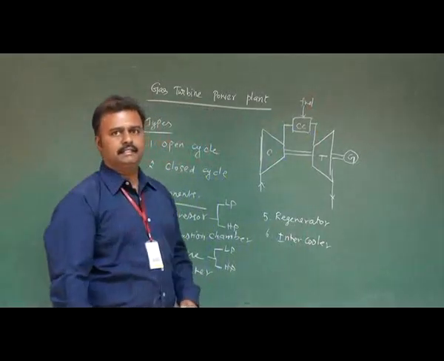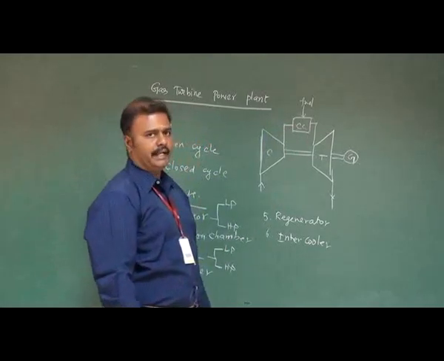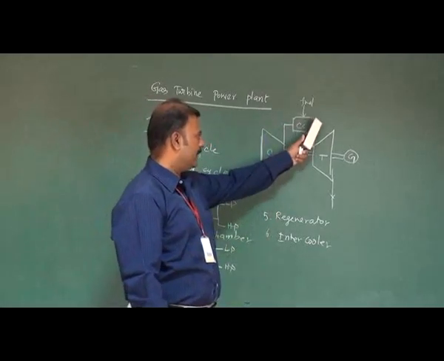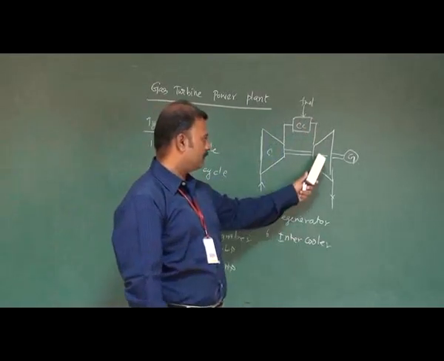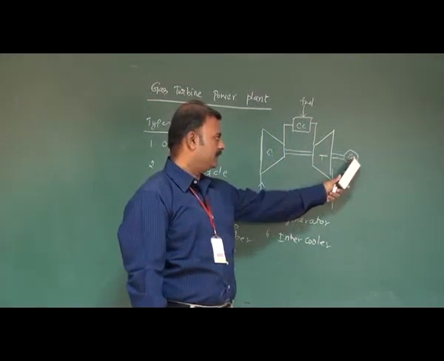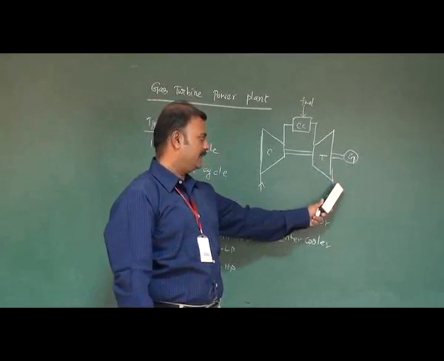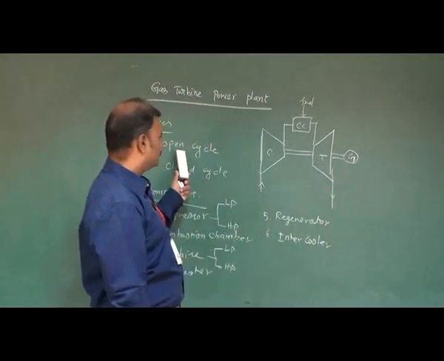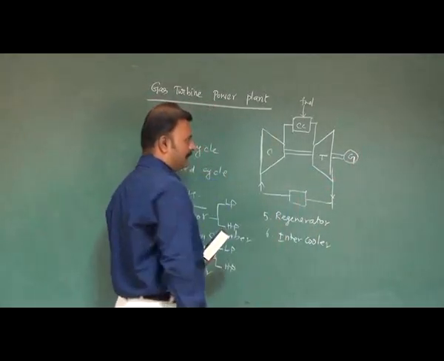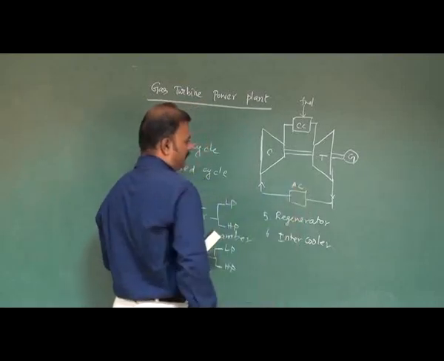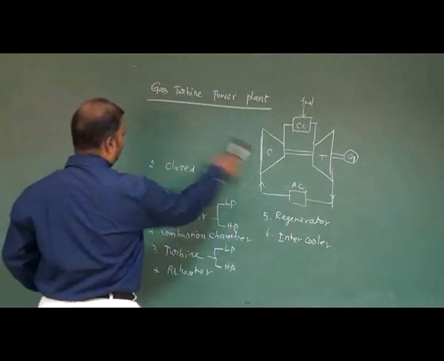The fuel is injected inside the combustion chamber, which increases the velocity of the air, so that the combustion flue gases pass through the turbine. The kinetic energy of the flue gases is converted into mechanical energy. The turbine is coupled with the generator so that electricity is produced. If the exhaust gases are directly released to the atmosphere, it is called an open cycle. If they are recirculated back to the compressor by using an aftercooler, it is called a closed cycle. This is about the gas turbine power plant.